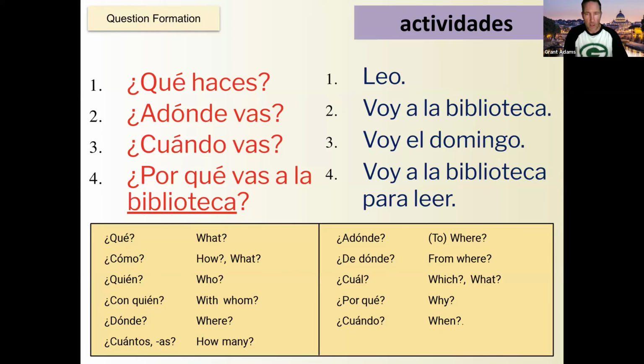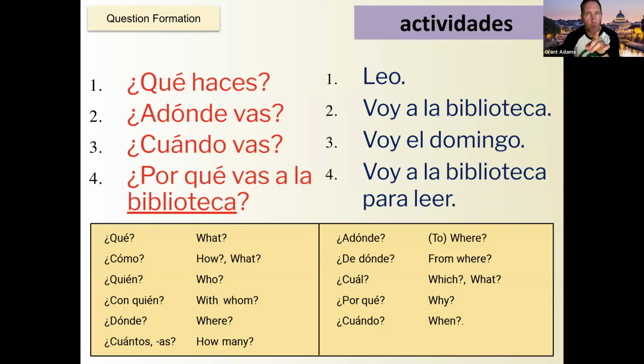I can say, hey, where are you going? Voy a the bar that's called El Domingo. Then yeah, then I could technically say that. But I'm not going to a bar called El Domingo. I'm just going on Sunday. So if I were to say I'm going on Monday, I would say voy el lunes. Now, here's the cool thing. If I want to say I go on Mondays, like it's a habitual thing, I go every Monday, does anybody know how I do that? I change the el to a